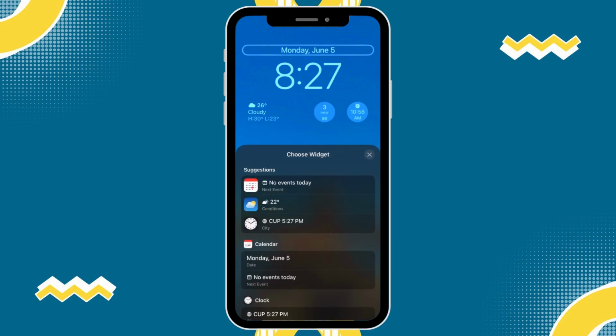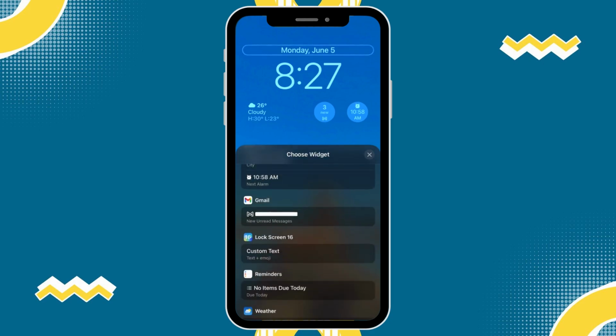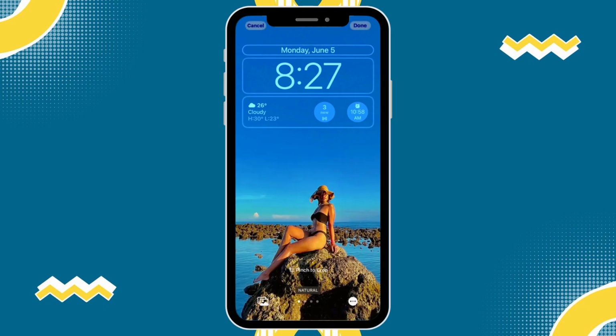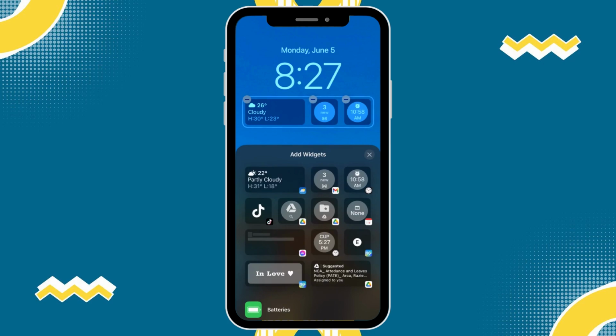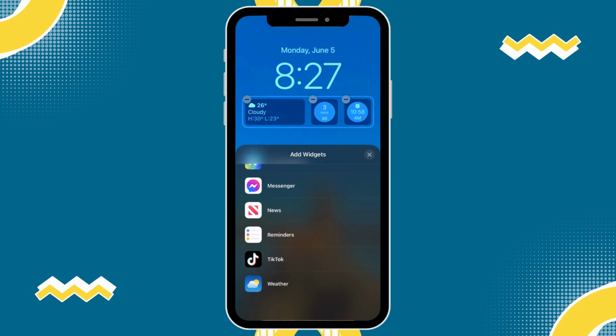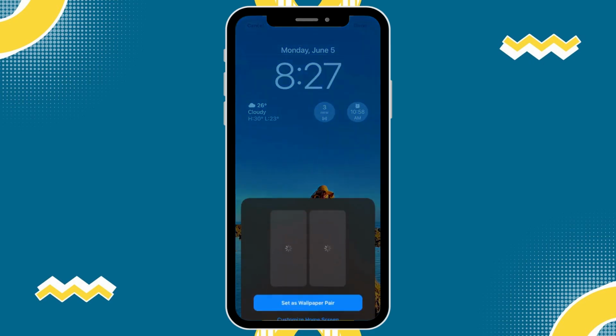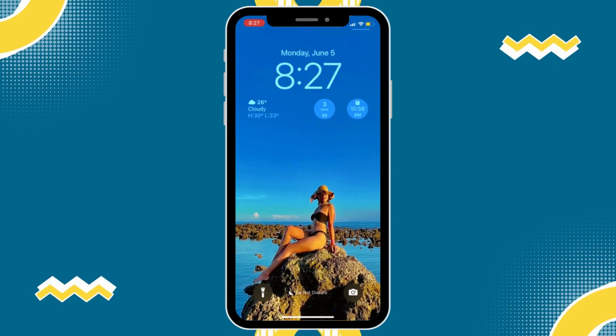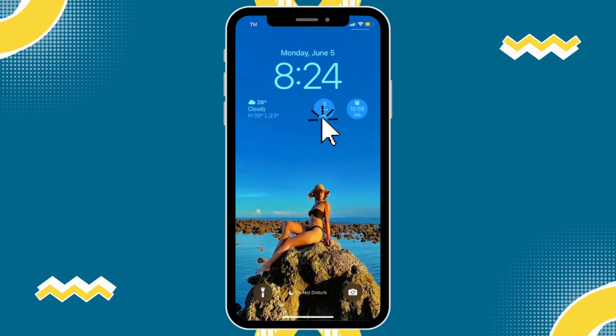Right now, you can customize things like the clock. You can also change the font and even apply different colors. Also, the text, that's something that you can change. And if you want, you can also add the weather or anything else that you would like to see here. Also, you have widgets, something new to the lock screen in iOS 16. However, in iOS 16.1, Apple has added additional features, in my opinion, that take the lock screen to the next